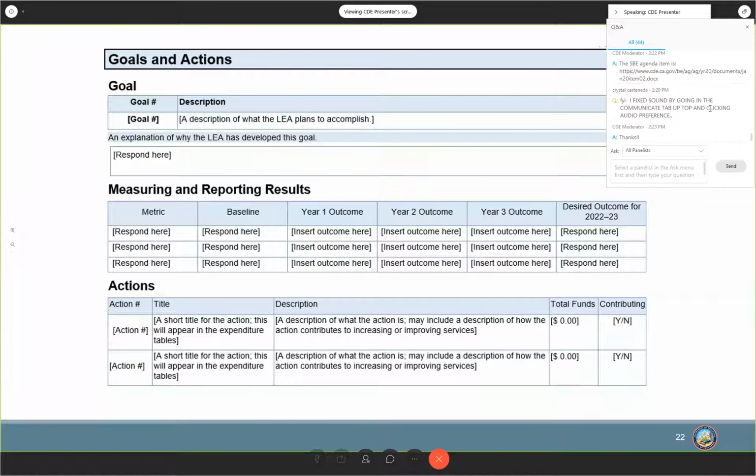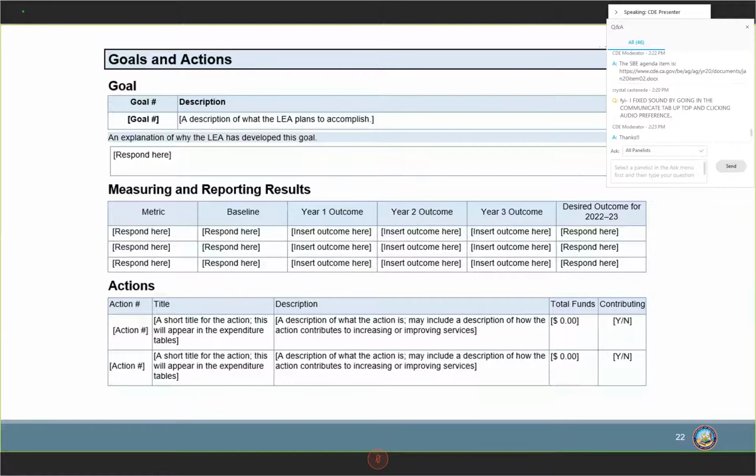We'll go over these three parts as a brief overview. Again, we have a webinar that's going to go over this in more detail at a later date. The LCAP template encourages LEAs to prioritize their goals, and the way that it does this is by providing for the development of 3 different kinds of goals: a focus goal, a broad goal, or a maintenance of progress goal. There's no box that you check to indicate what type of goal you're developing, but the requirements for each of those different kinds of goals are different, as articulated in the instructions.